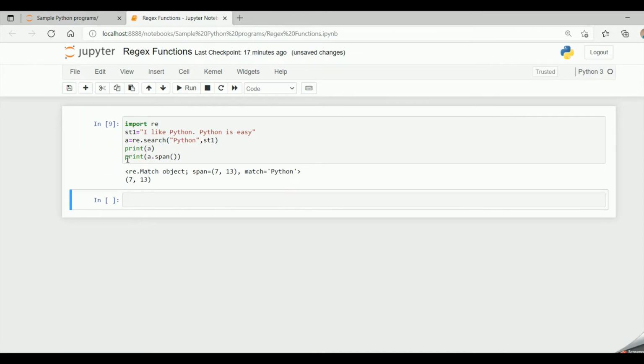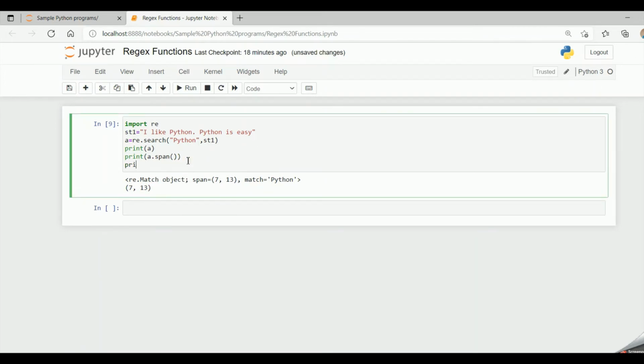Now a is my match object which is spanning from 7 to 13, and the match is Python. If I want to get only the position where the pattern is matching, I can give a.span. Then I get the position where Python is present. So it is returning 7, 13.